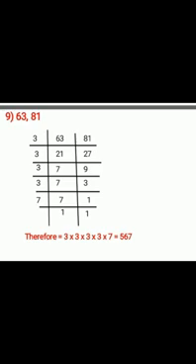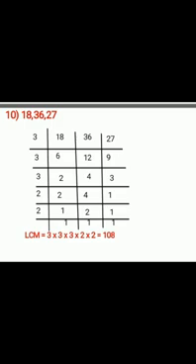And for 9 you will write 3 3s are 9. Again 3 is divisible by 3 and 7 is not divisible by 3. So you write 7 as it is, and for 3 you write 3 1s are 3. Now left over is 7. So 7 is divisible by 7. So 7 1s are 7. Therefore LCM of 63 and 81 is 3 into 3 into 3 into 3 into 7, which is equal to 567.